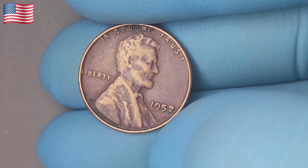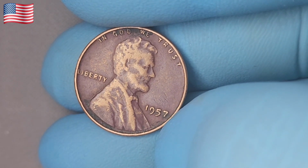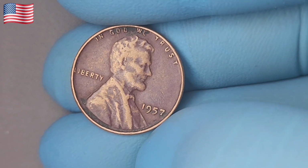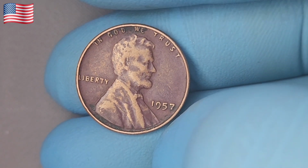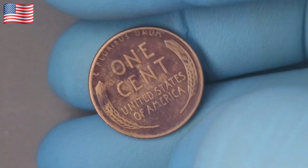Every now and then, a simple coin turns out to be something far more than pocket change. It becomes a clue, a hidden relic of American history, something that might just be worth a small fortune. And today, we're putting the spotlight on one of the final issues of the beloved Wheat Penny series, the 1957